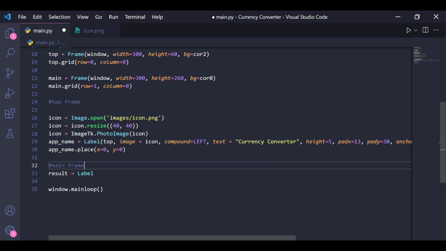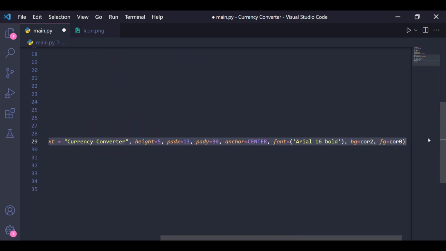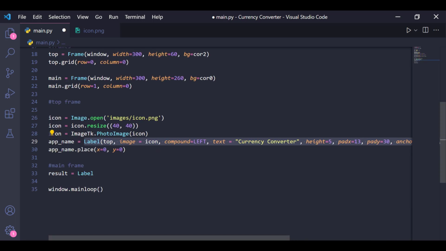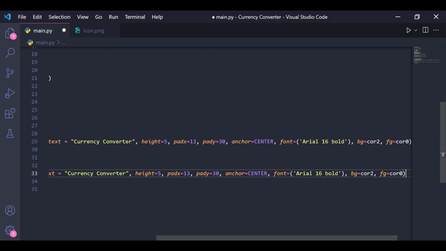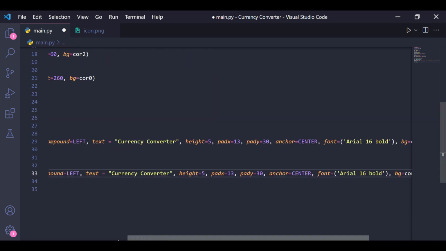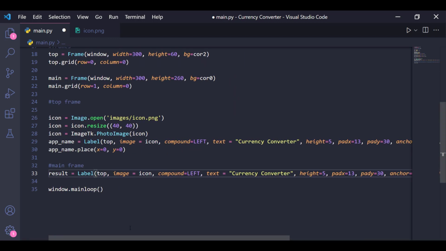Just copy this entire thing if you want. This will be label, but we don't need any text here because we'll do that while converting. So let's give nothing here, and